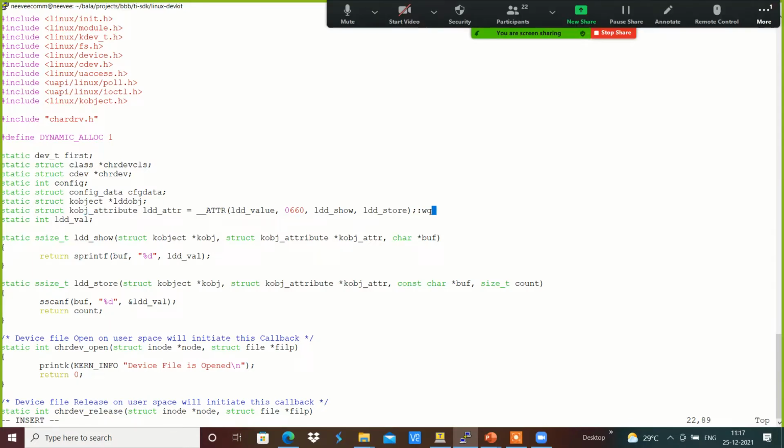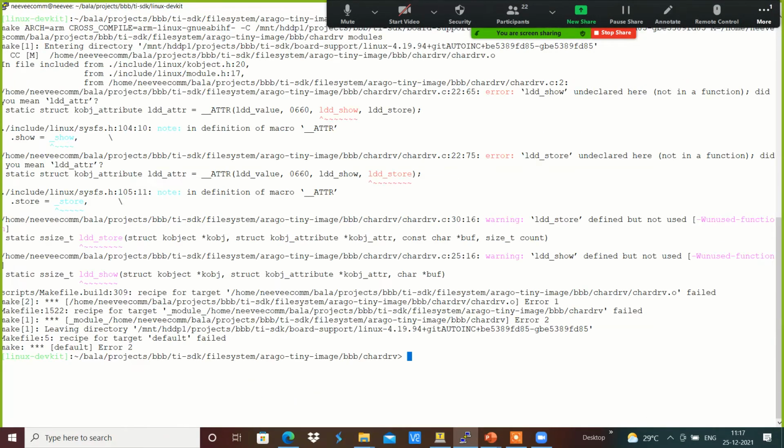It says something like LDD show and LDD store was undeclared.